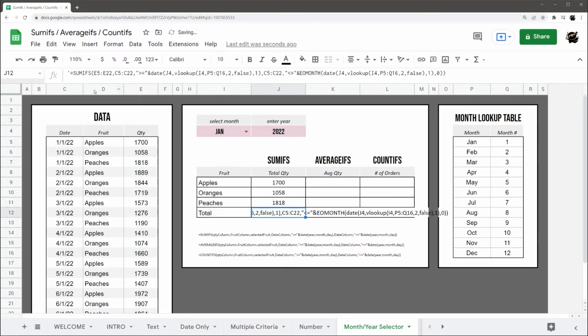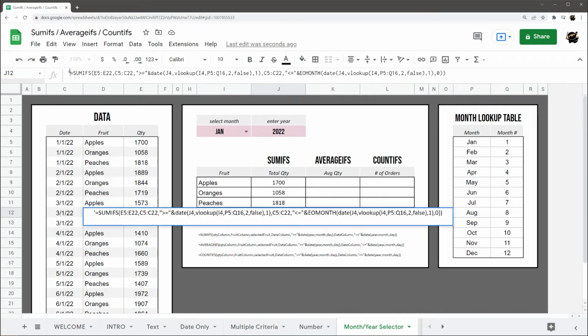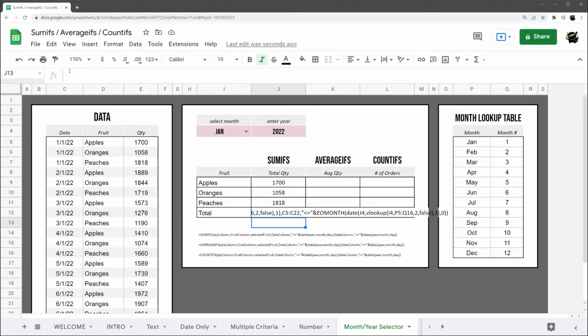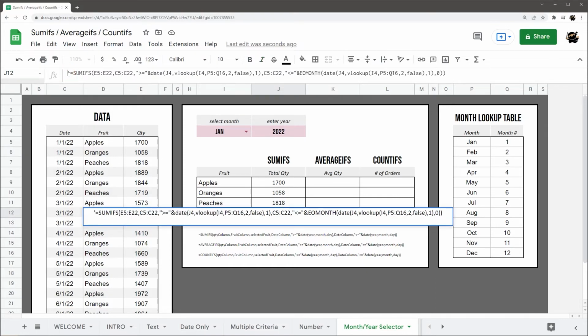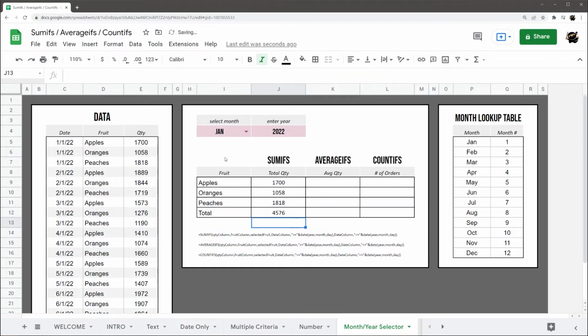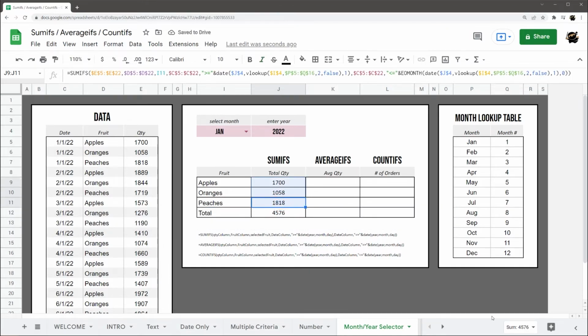Now I created a different one here just for the dates. So let me get rid of this. In case you're wondering, if you do a single quote in front of an equals in a formula, it allows it to show as text instead of being rendered as the result. So I'm just going to go ahead and take that away. And so now we can see 4, 5, 7, 6 is our total here, and we're getting the same thing